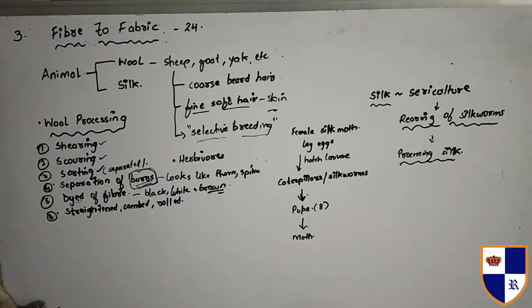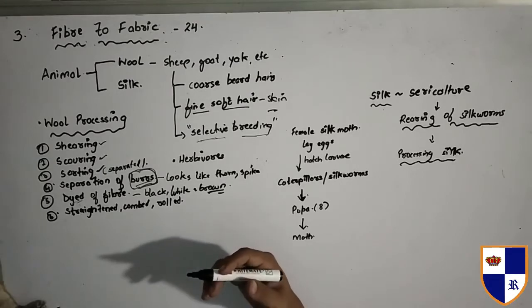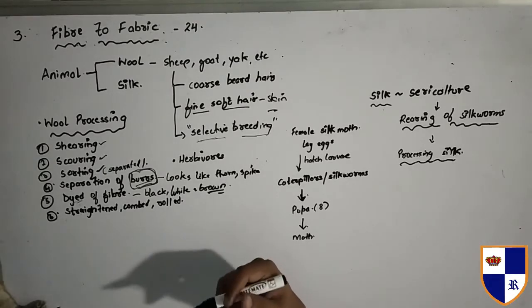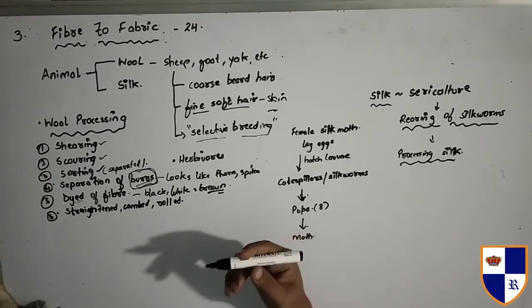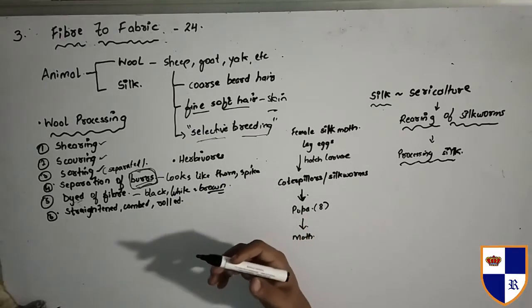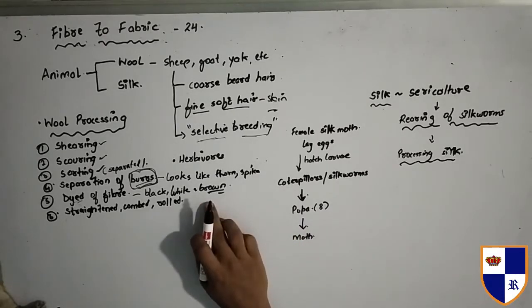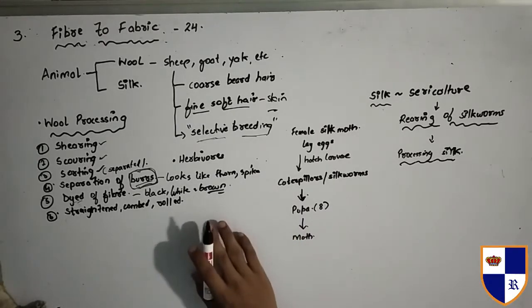And in the last step, that is step number 6, the fibers are strengthened, combed, and rolled, like I have written down here, into yarn. Okay, the longer fibers are used for wool, like sweaters, and the shorter fibers are used for making woolen clothes. So after they dye the wool or the hair that they have taken out,